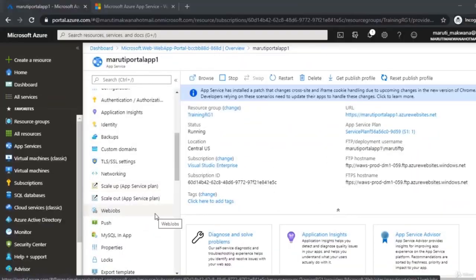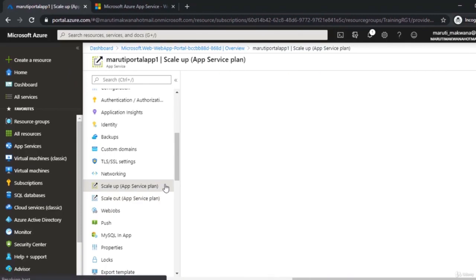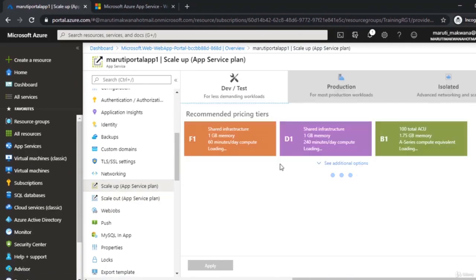Your app service is hosted on an App Service Plan, and this app service plan is actually scalable. You can see we have two options here, scale up and scale out. And these two words are associated with the terms vertical scaling and horizontal scaling. Remember, in all the Azure resources, whether it is app service, virtual machine or storage services, we have a scaling facility available. When we talk about scale up, which is vertical, it is always about increasing the capacity of